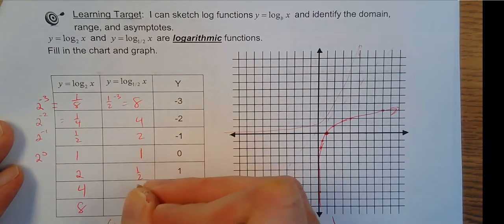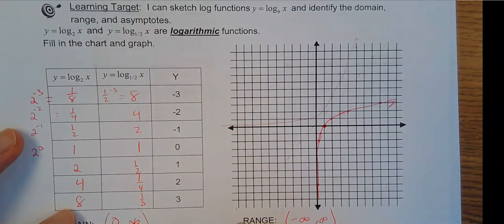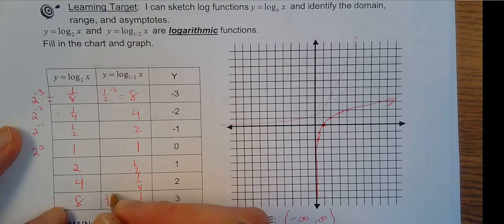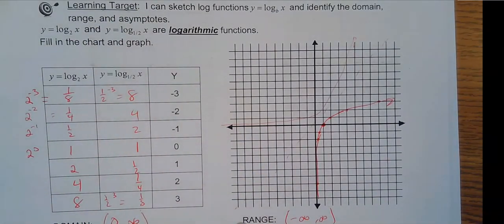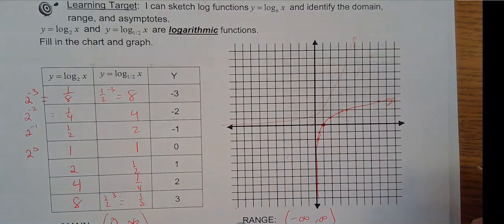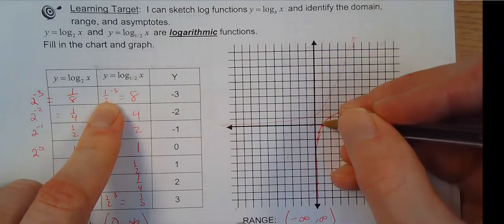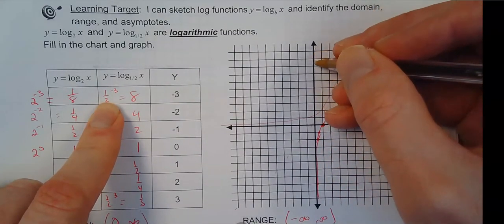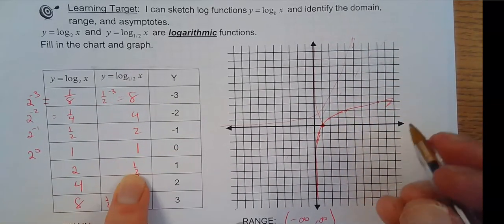Going a little fast here just so the video is not taking too long. Down here I have 1/2 to the third power. That's an 8th. 1/2 to the second power is a 4th, and so on. Now if I plot these points, when I plug in 1/2, I'm up at 8, so it's going to just come down this way. Basically, that's all that's happening. It's coming down. It's going to go through that point, 1, 0, and then